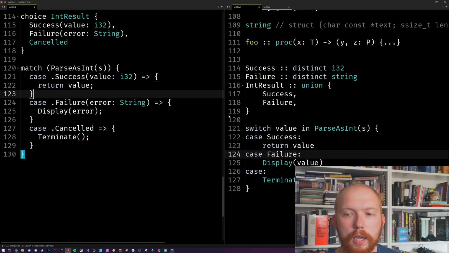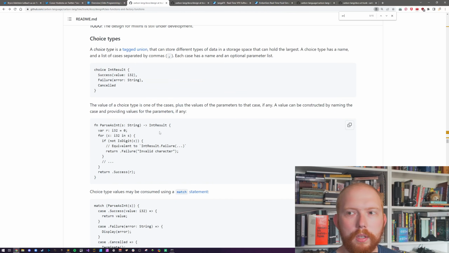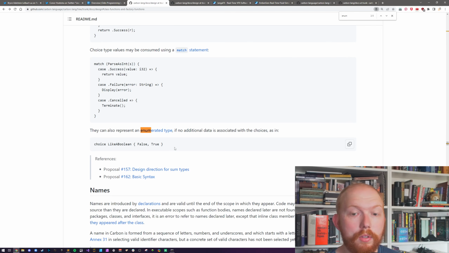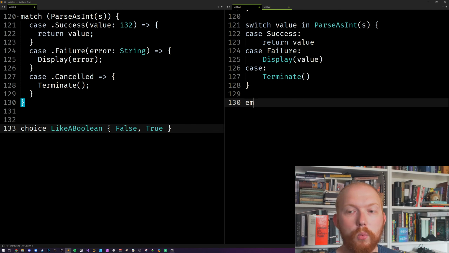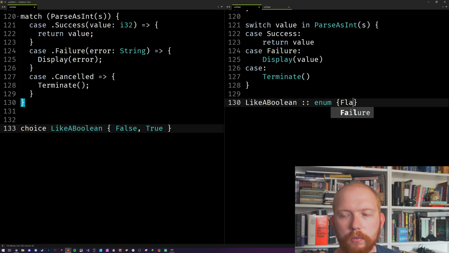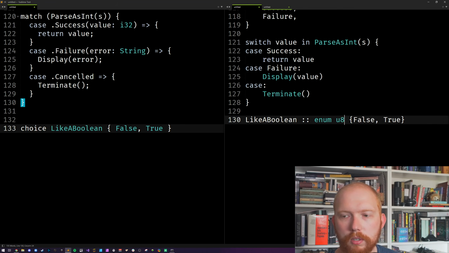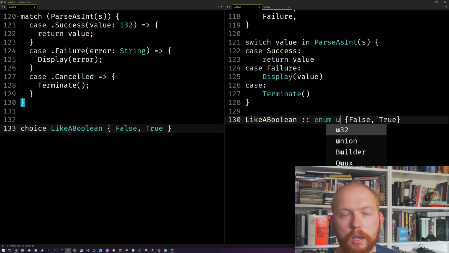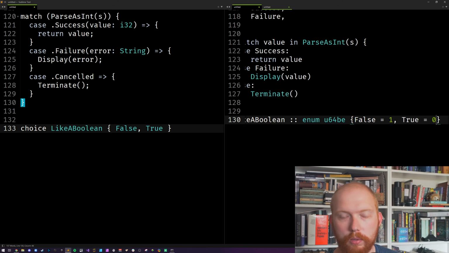That's one thing. But Odin's thing here also applies to enums in general. So I think their choice is probably also, do they unify that with an enum? Do I see enum in here? Yes, so they've done the unification thing. This is very popular in ML languages, even Rust as well. But in Odin, we separate it out. So we have a Boolean enum false true. Now, I'm not sure how they specify the size of that enum or anything. In Odin, we could go, oh, this is a U8, this is an I32, this is a U64 big endian type if we wanted. We could also set this to be 1 and that to be 0 if we wanted. And we could set those values. I'm not sure how they're doing it yet in their language.